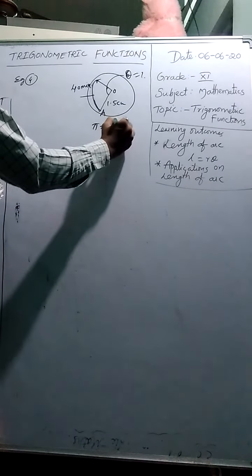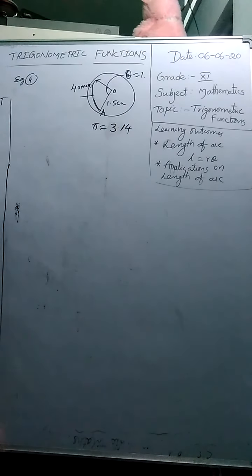Let me consider this. We don't know the angle theta here, but we know the time taken to reach the point is 40 minutes. So we need to find it, and here we should use the value of pi as 3.14. Students, please read the question clearly while taking the value of pi, because the pi value is very important. Based on it the total value may change.